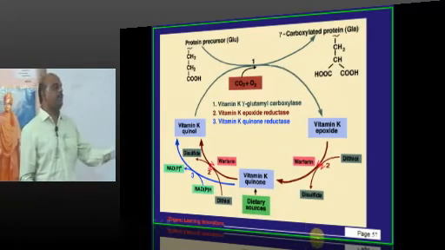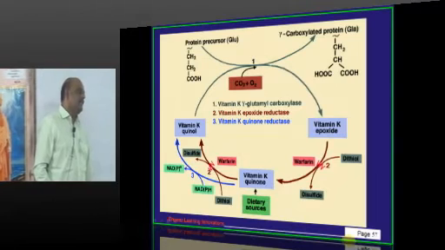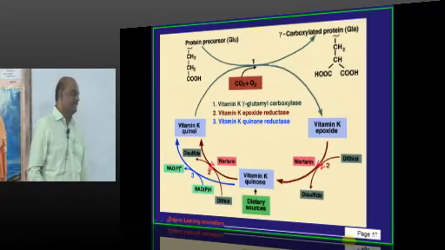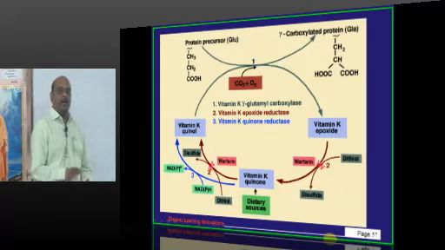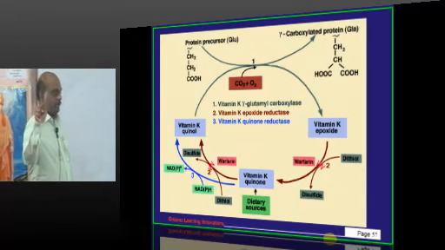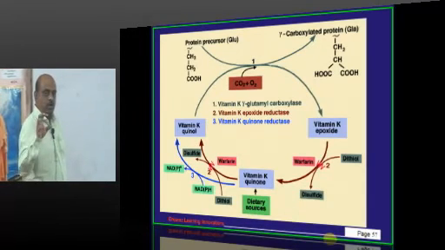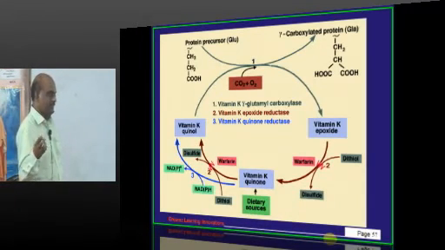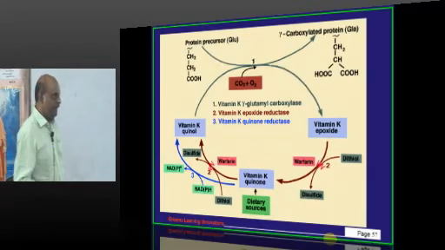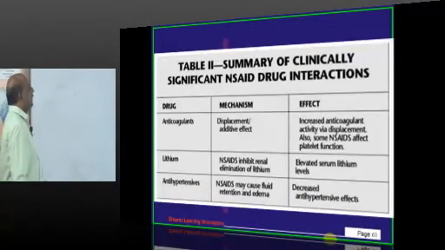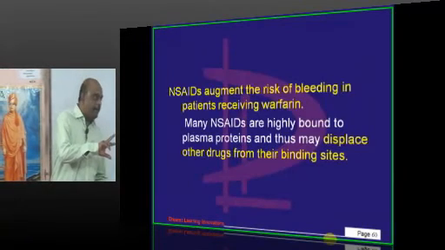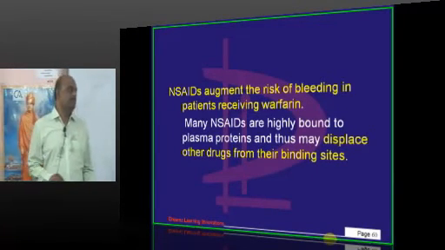So if the clot doesn't form, what happens to us? We start bleeding. Right? Warfarin is a common anticoagulant we use. People who have a tendency to form their blood clot quickly, to thin their blood, to prevent the clot formation, we use the warfarin. Now doctor, a very important thing is, if you combine NSAID and warfarin, what is the